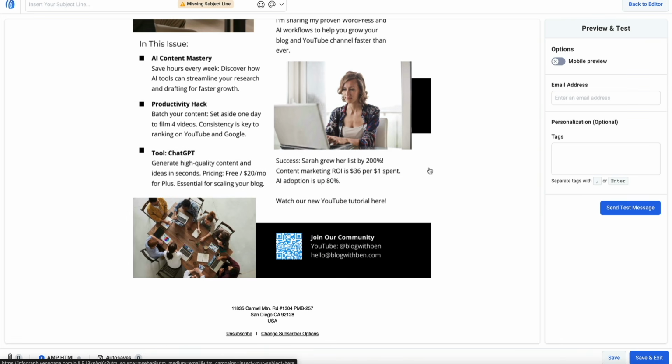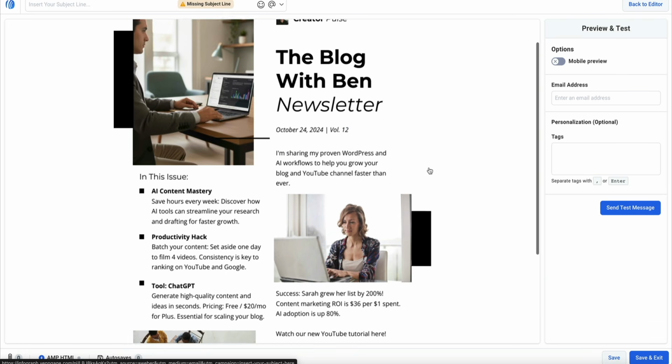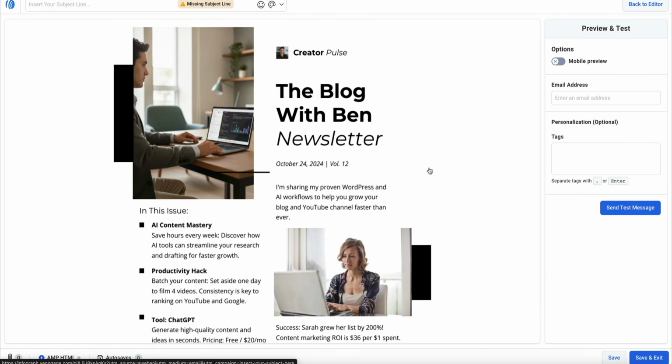And that's a really solid workaround. It takes about 2 extra minutes, but it means you could use your Venngage newsletter design with any email marketing provider that you're already using. All right, that's the full workflow. In just a few minutes, you went from a blank template to a fully designed on-brand newsletter that's ready to